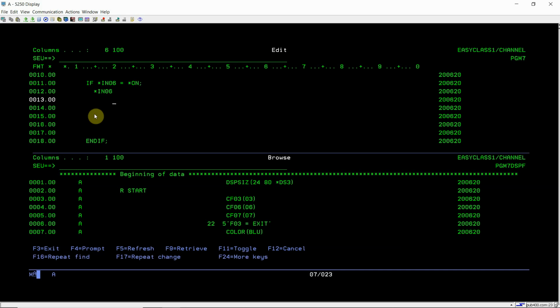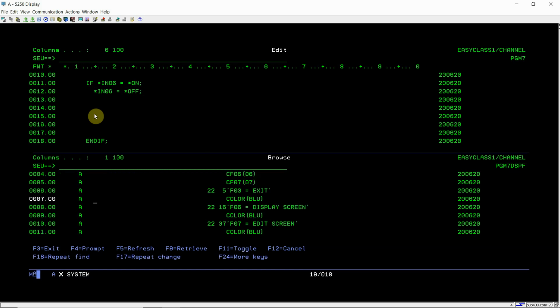After entering this condition, we first set this as off so that it will not be on later as we move forward in the program, because we have already executed this F6 part.